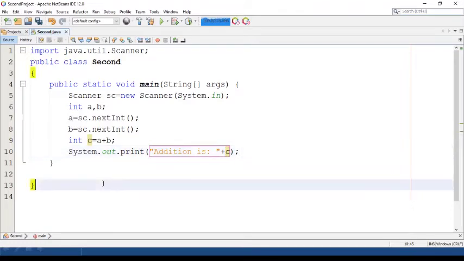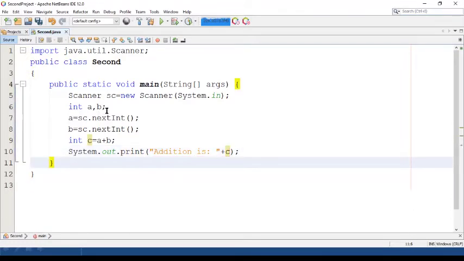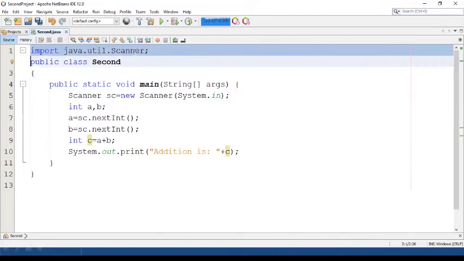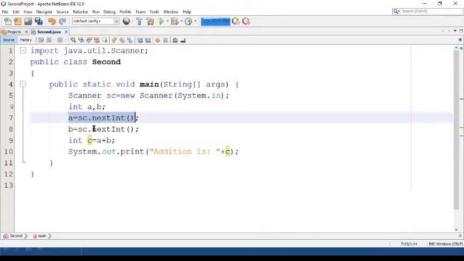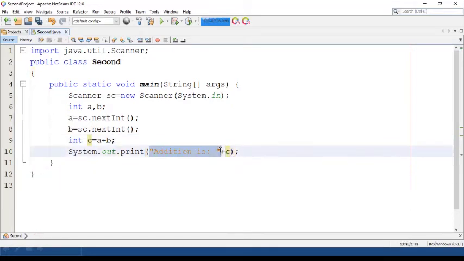So this is the complete program. What I'm doing here is reading data by using the Scanner class. If I want to use the Scanner class, I have to import it first, which is available in java.util, and then create an object of the Scanner class. Then read the value of A, read the value of B, add them, and the result will be stored in C. Finally, print the value of C. Here I am printing a string followed by the value stored in a variable, so I am combining them. You need to concatenate them. Plus will act as the concatenation operator here. So let's run this.